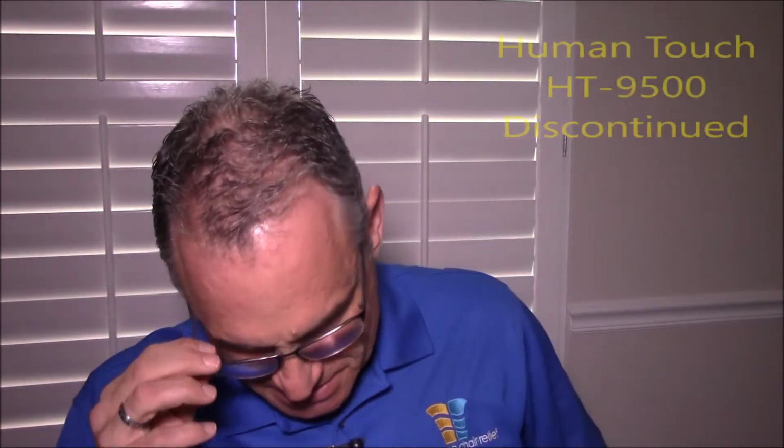What's kind of interesting is the Human Touch HT 9500 has also been discontinued. That chair originally used to be the HT 1650, which back in the day was priced at about $37.99. That was a pretty popular chair. It's one of the few chairs that's all leather. It looks like a recliner. It had a retractable ottoman, so it kind of hid the look of a massage chair